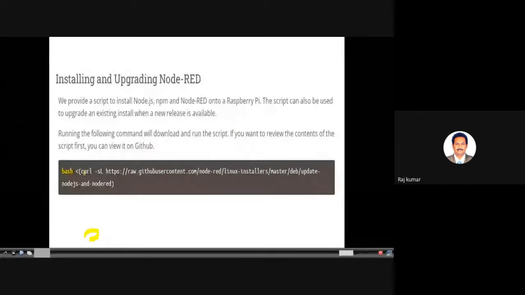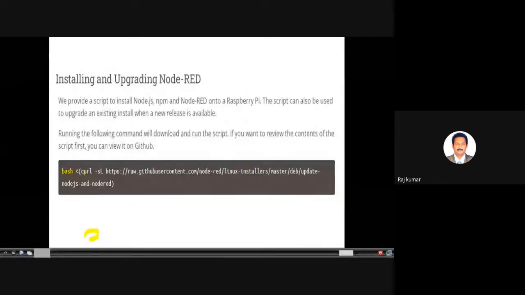In that, linux-installers, in that we have a master subfolder, in that we have a deb subfolder, next update-nodejs-and-nodered. What is this update? Update means suppose I already installed some old version. If I rerun this command, the new version will be installed and the previous one will be removed. That is the advantage of this particular command line.